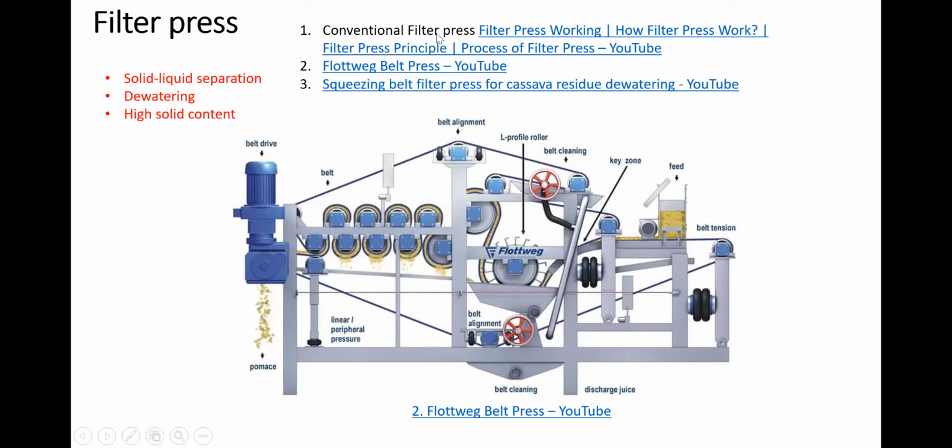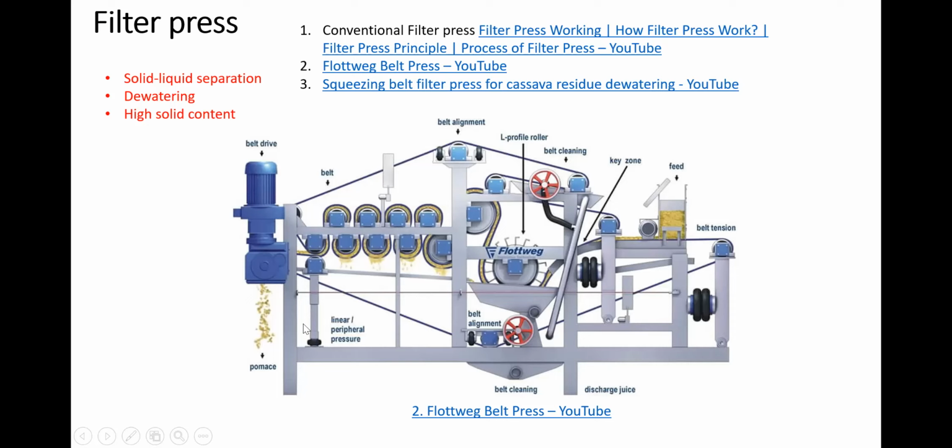In the conventional filter press, you can see how it works in this YouTube video. Very interesting. Secondly, this one is by this German company called Floatweb. Bioprocessing also has an interesting YouTube video that you can watch. This is mainly for producing fruit juice, to remove the pulp, going through a series of belt pressing processes, and finally we will have